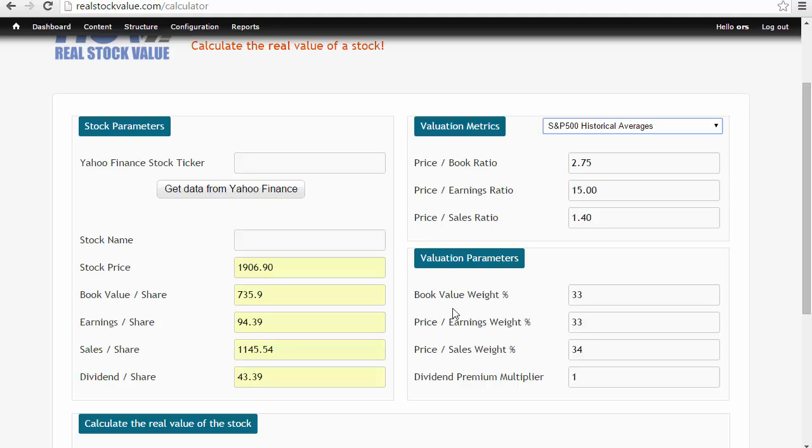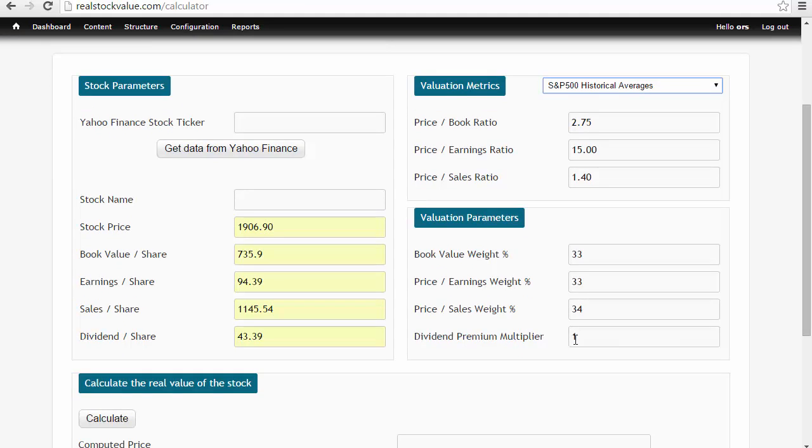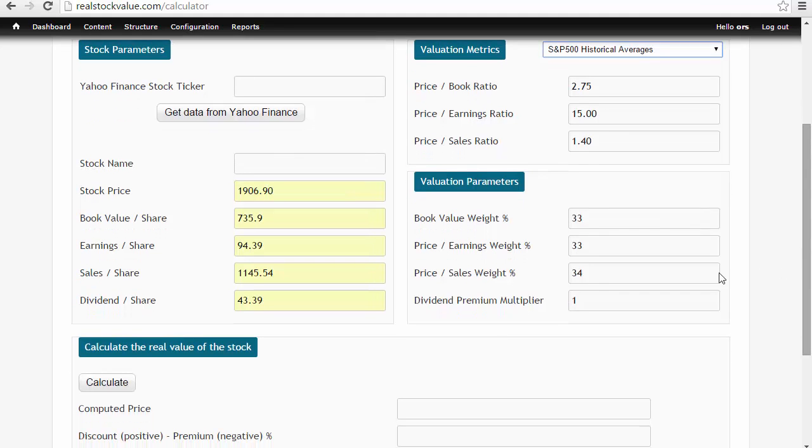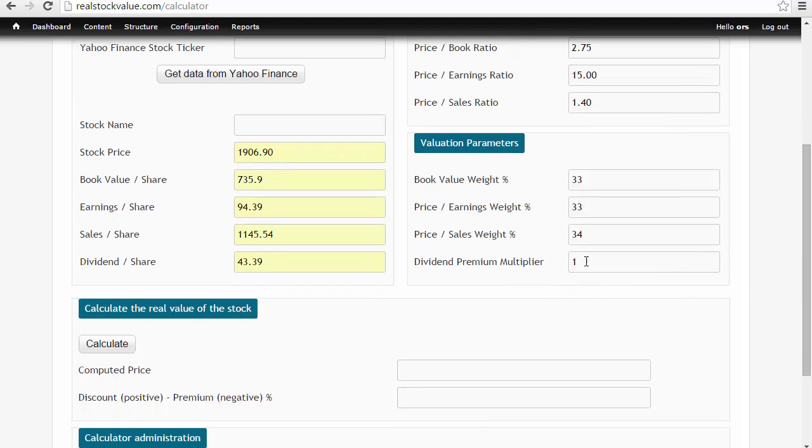I select the weights of these three parameters. So in this case, the book value should be 33%, the price to earning 33%, and the price to sales 34%. In this case, I also add the dividends to the final price. If I select here a bigger number, then dividends will be multiplied by this number, and that will be added to the final price. I press calculate,